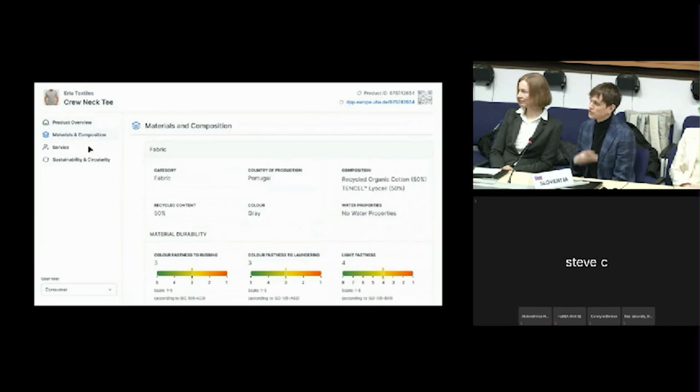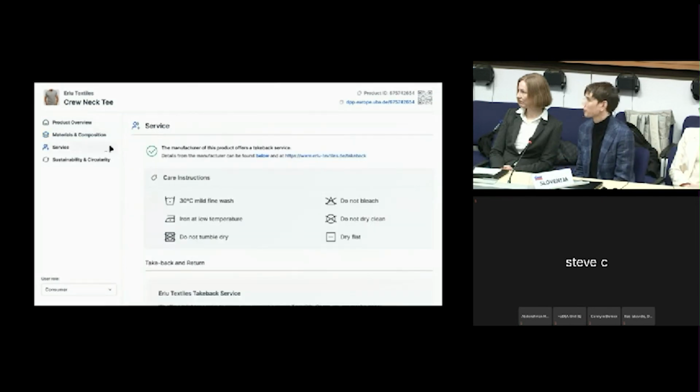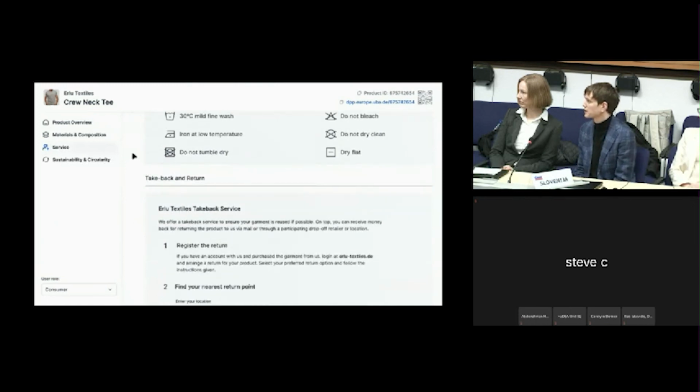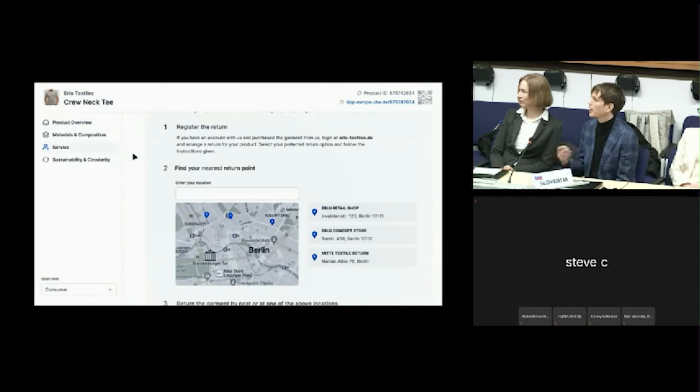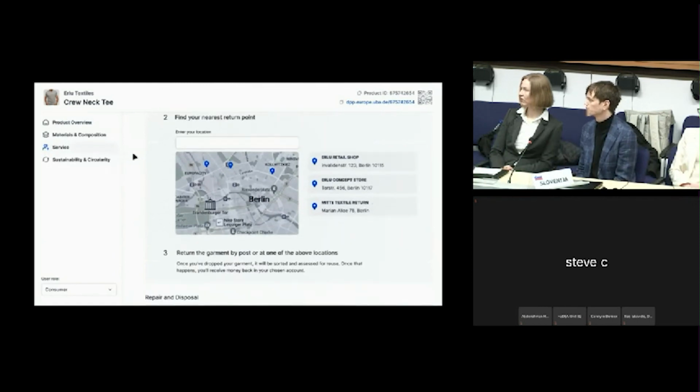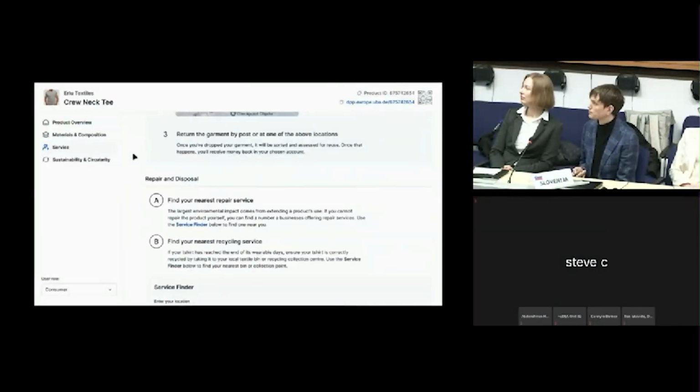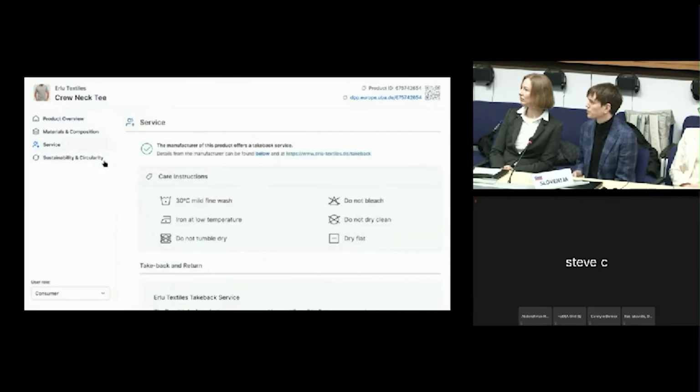About the material composition, but also other components such as the care label or sewing thread. On the service side, we have care instructions, which are also a bit explained here, as well as information about where take back can happen, but also where they can do repair, and contact information. And in the last part,